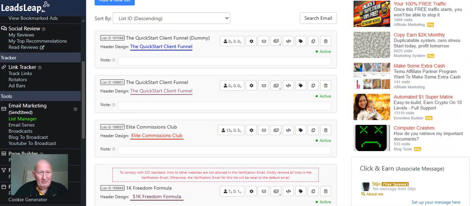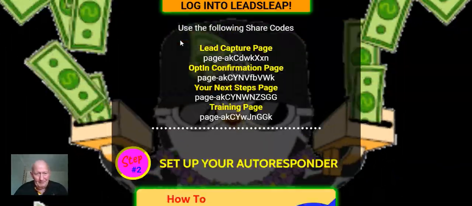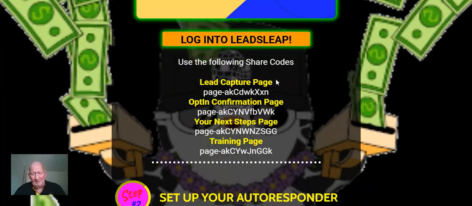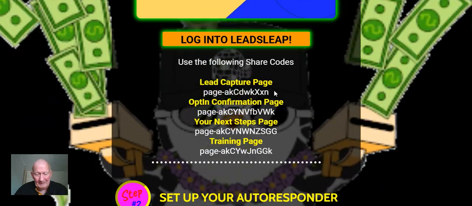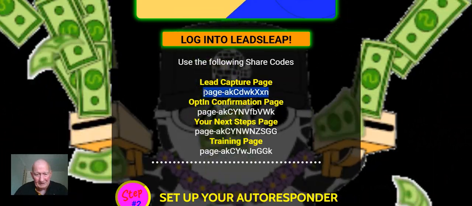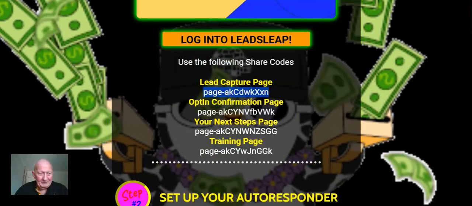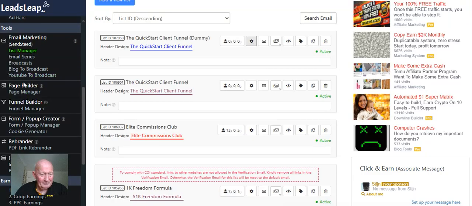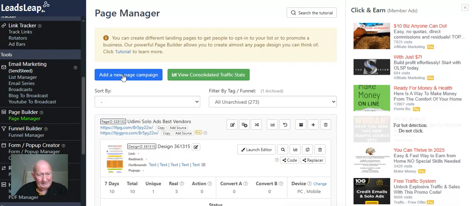Okay, so now we are going to go back to our final steps page, and we're going to grab the first of the share codes. So the first page we're going to do is the lead capture page, so we are going to copy that. We go back to Leadsleap. On the left hand side we are now going to scroll down to Page Manager. Click on that, and we're going to add a new page campaign. So click on the blue button